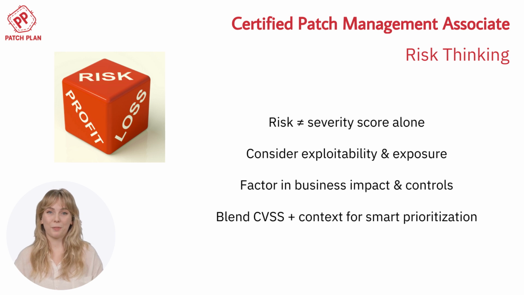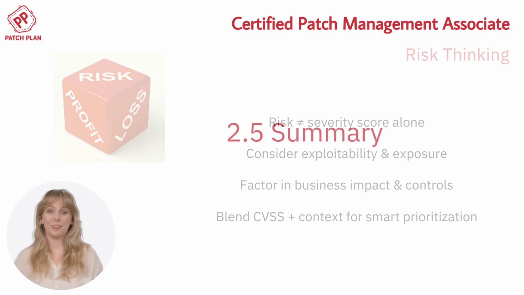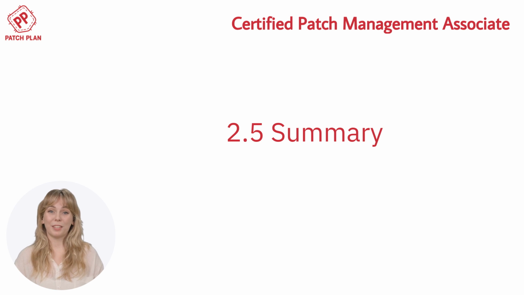By combining vendor ratings and CVSS scores with this kind of contextual risk thinking, organizations avoid both overreacting and underreacting. They can explain clearly which patches need urgent action and which can wait for scheduled maintenance. Section 2.5 emphasized that not all vulnerabilities are equal, and patching decisions can't rely on instinct alone. Standardized tools like vendor severity ratings and the Common Vulnerability Scoring System provide a common scale for comparing issues, but